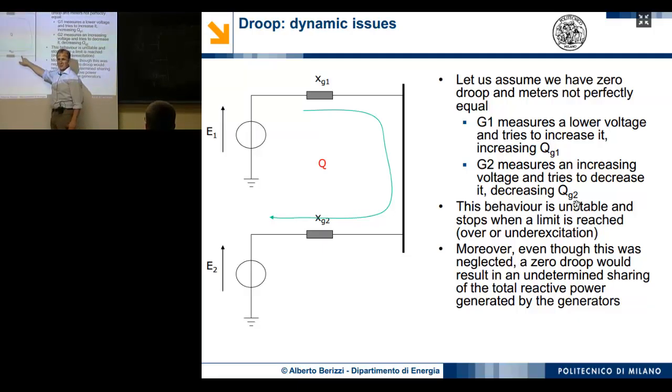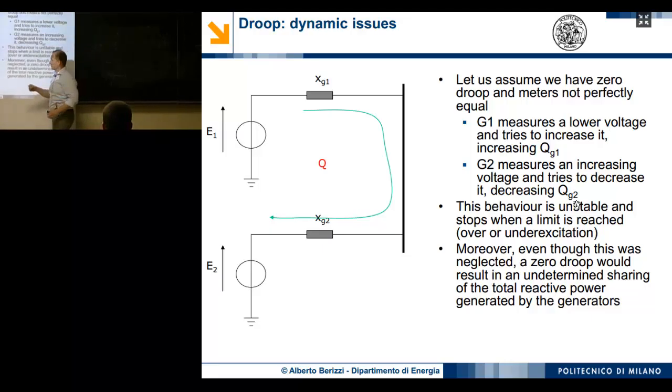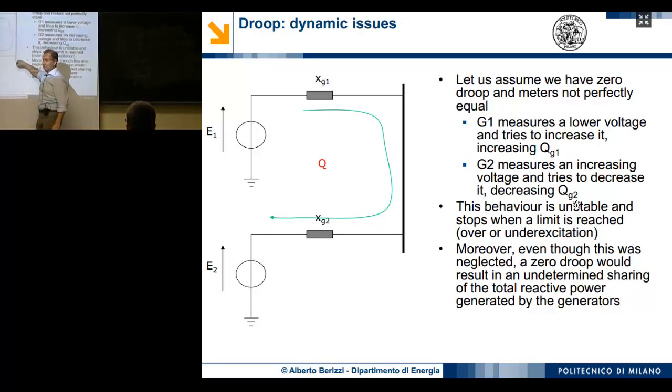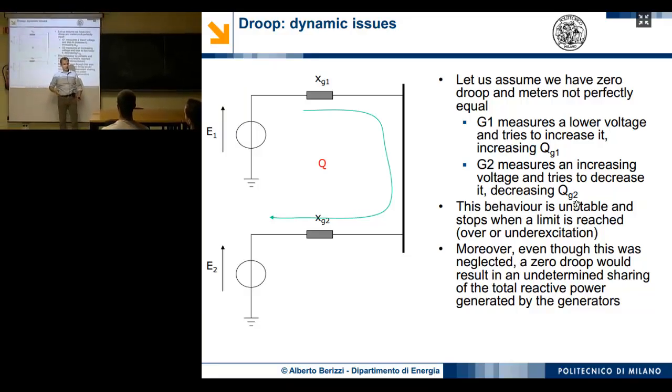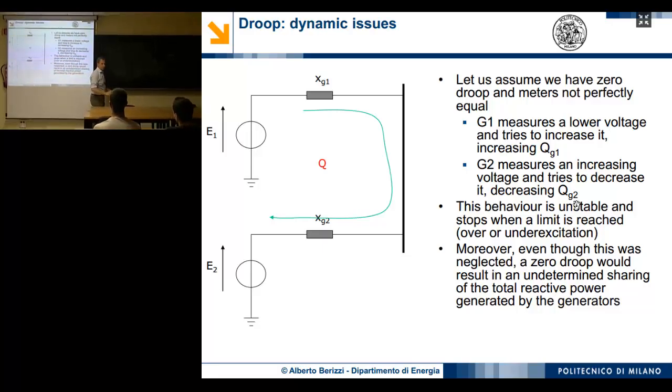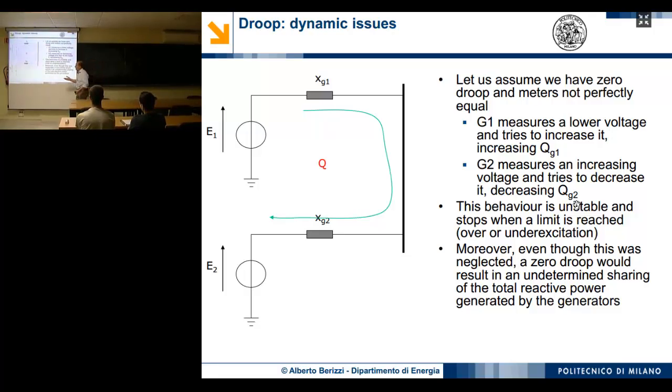So the meter of the second generator will say, oh, the voltage is rising, so I have to inject less reactive power. And in this way, the voltage goes down. So the first generator says, oh, the voltage is still going down, I have to increase my reactive power. So in the end, you will have a flow of reactive power going from G1 to G2. It's a very ineffective way, of course, but in the end, one of the two will reach its capability limit. The first one in over-excitation, the second one in under-excitation. One of the two will reach this limit. Okay? So,